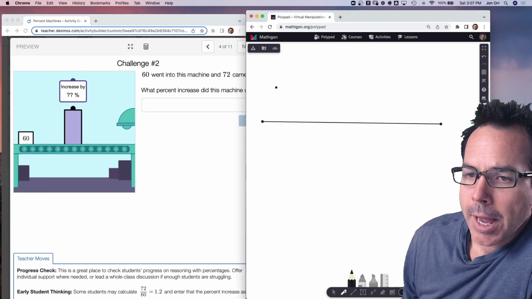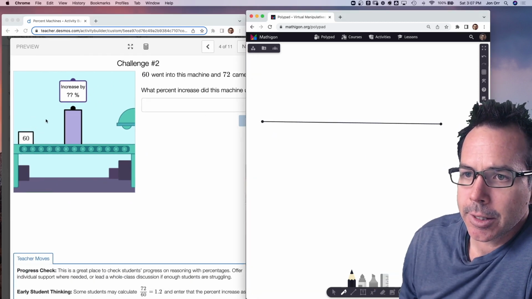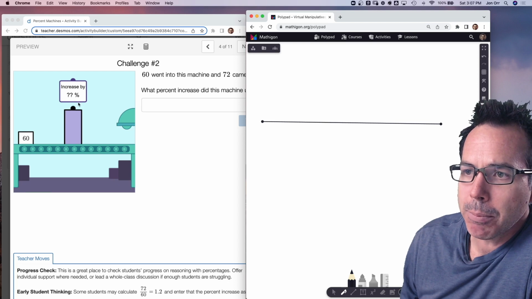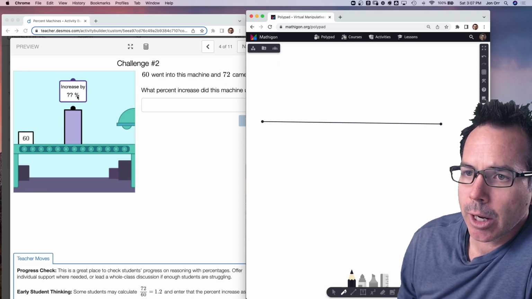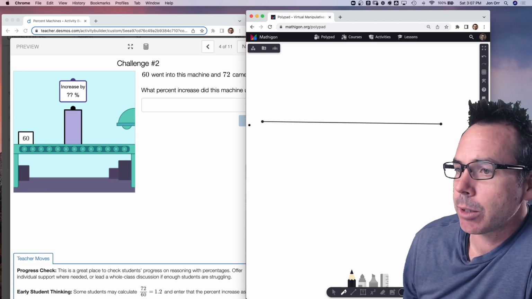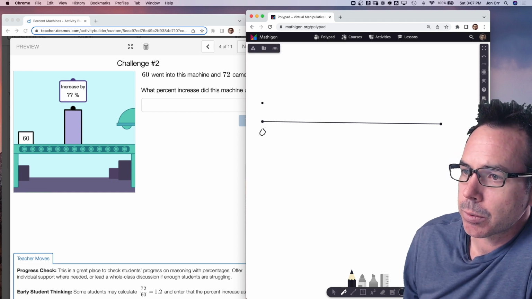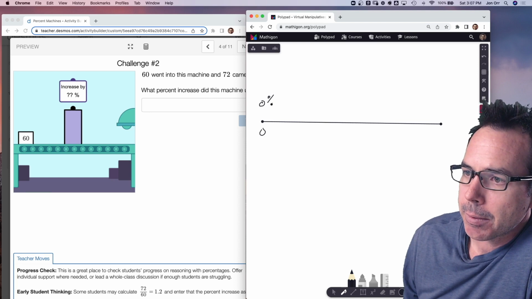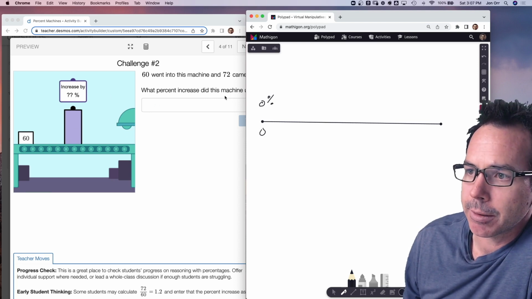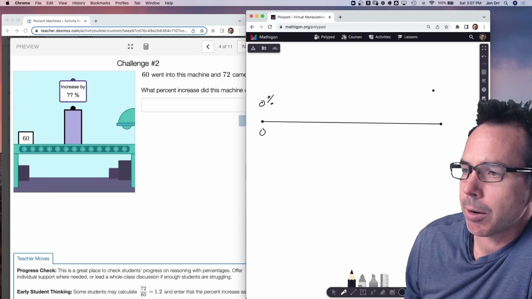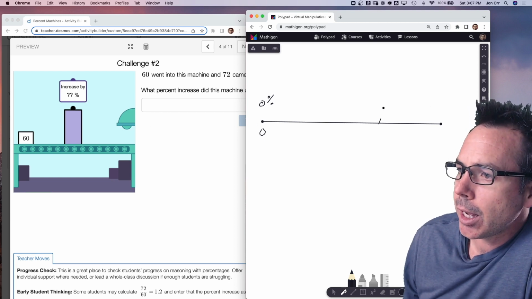Now it says I take 60, 60 is going to go in, it's going to increase it by some percentage, and I would get 72. So students will naturally start to go, okay, well, we've done this in the past. Well, I've increased it by 0% of 60, it would increase it by 0. Now, if I increase it by 100%,